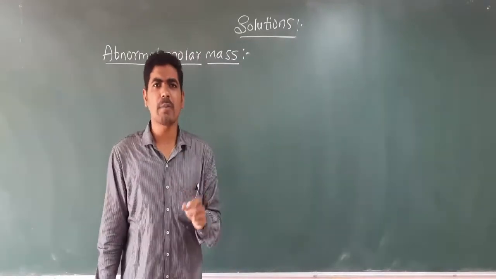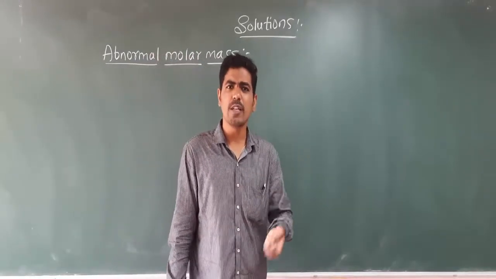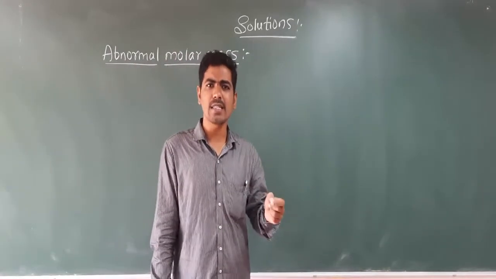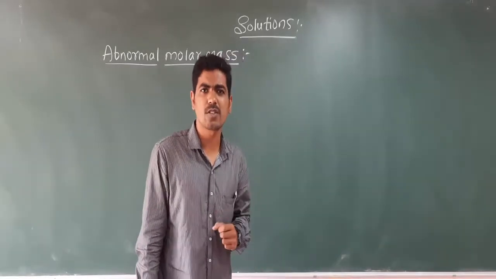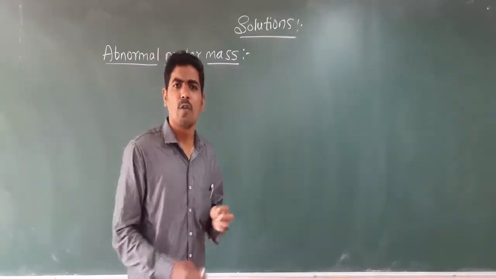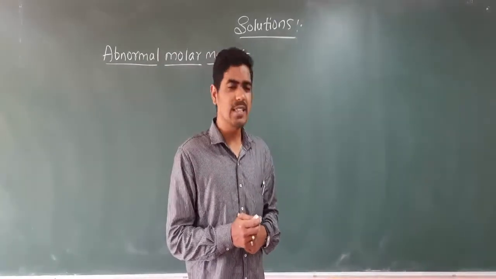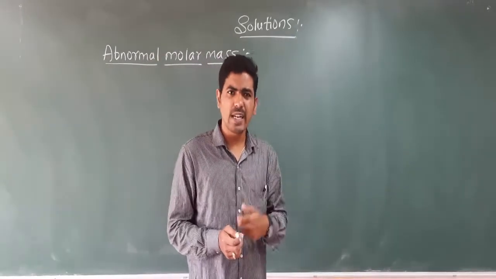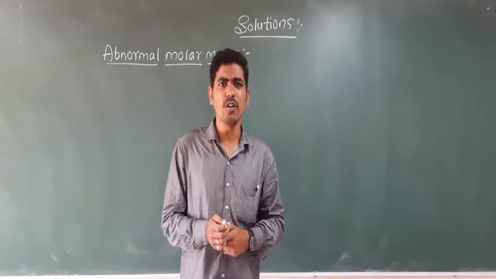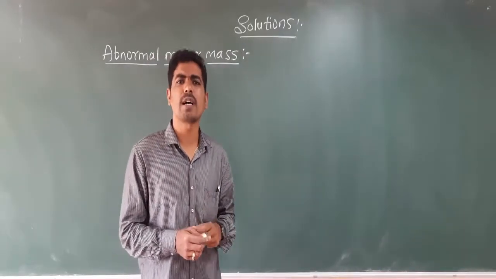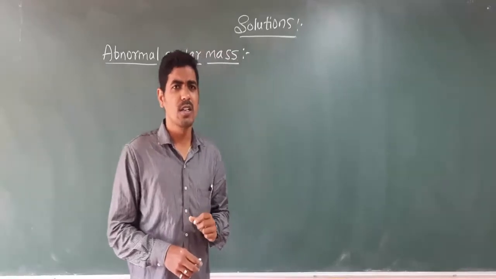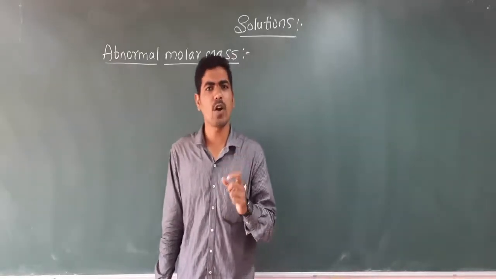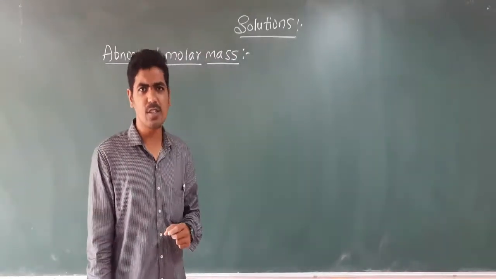Now, the molar masses calculated by using these four colligative properties are not exactly the same as the actual value of the molar masses of the solute. Then why is this observed? We derived the formulas according to laws and calculated the molar mass, but still we don't get the exact molar mass of the solute. It is because the colligative properties mainly depend on the number of solute particles present in the solution.